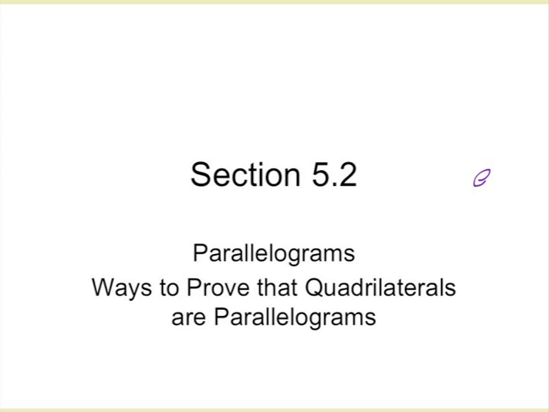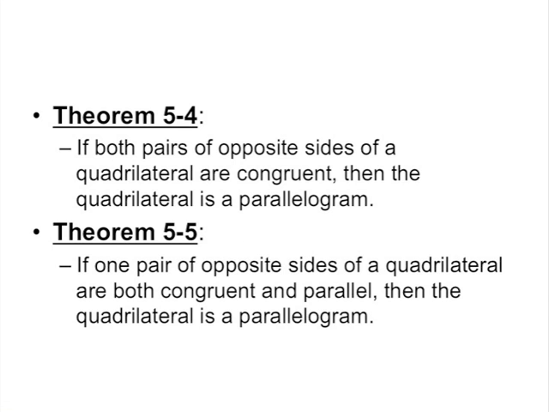Today, we are going to say, if we know some features about a four-sided figure, are those features enough to say that it's a parallelogram? So it's kind of the backwards version of yesterday's lesson. So we have some theorems here. We're not going to prove them today, but many of them are actually converses of yesterday's. So the first one says, if both pairs of opposite sides in a quadrilateral are congruent,